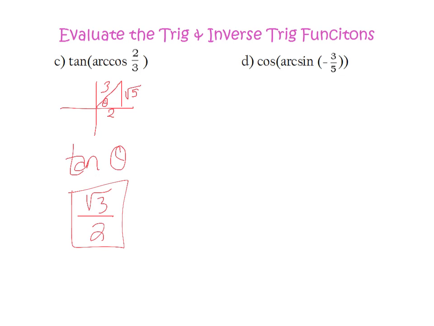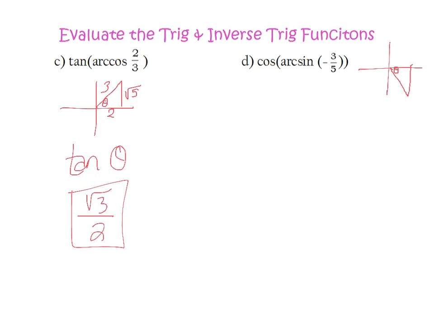Let's try another one. Arc sine is -3/5. Recall that for arc sine, you're going to be in these 2 quadrants over here. Since the sine value is going to be negative, that tells me I'm going to be down in this quadrant. I'm going to draw my triangle down here, put theta in there,